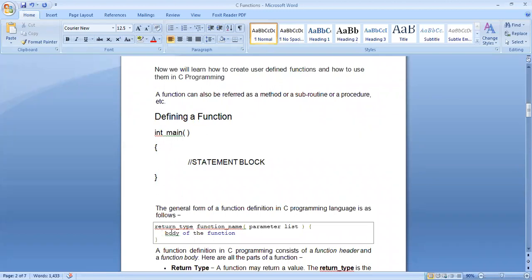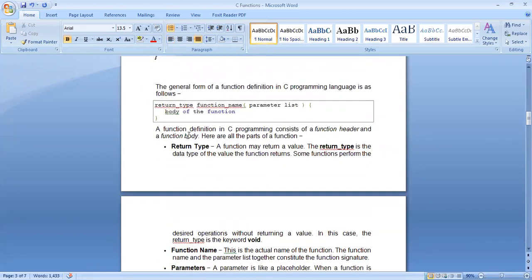So this is the syntax, and the syntax has been properly explained here. See, the explanation is given here. I have told already, this is the return type. Return type specifies what type of value the function will return. Suppose I have a sum function. There is no library function called sum in C. In C we do not have any library function called sum. So if you want a function to perform addition, you will have to design it.